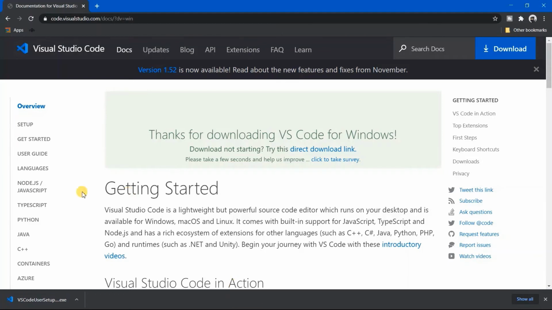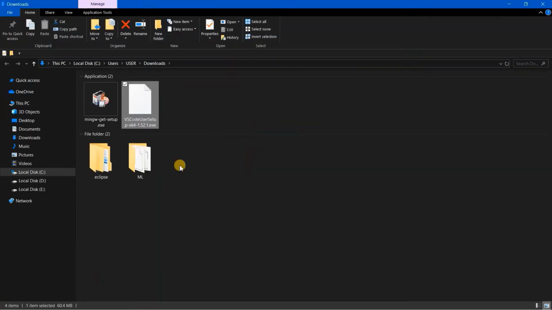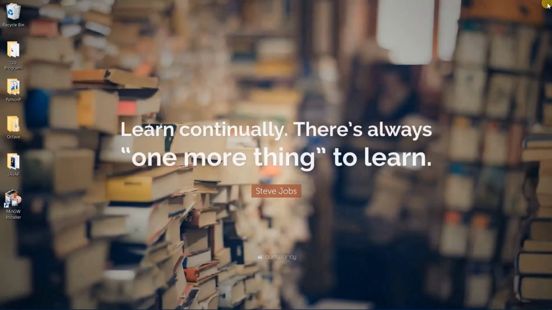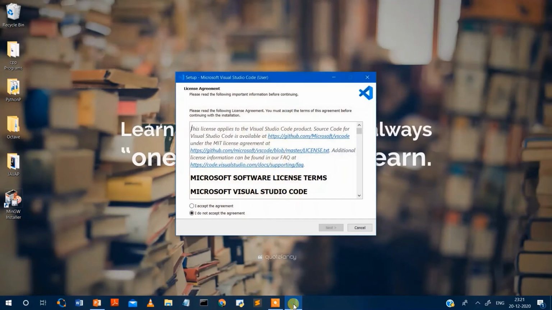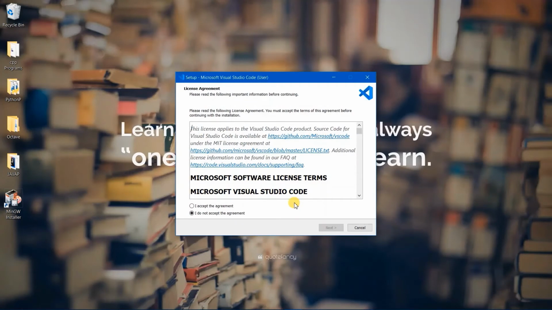Now it is downloaded, and here we will click on show in folder. So here you can see that this is your VS Code setup.exe. So we will open it, and just close this window, and also for this, and here your Visual Studio Code is installing, and we will